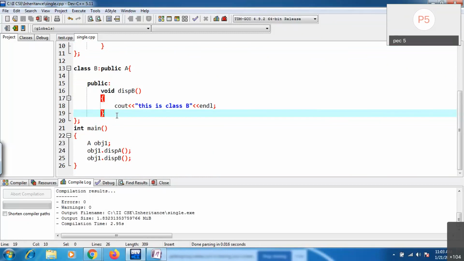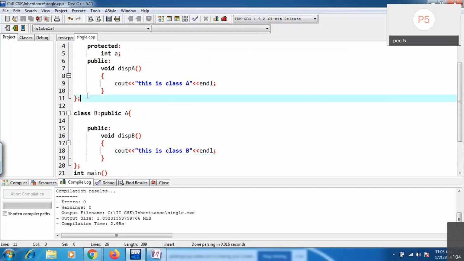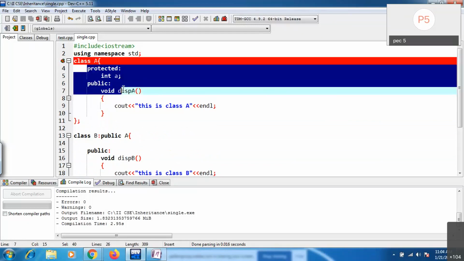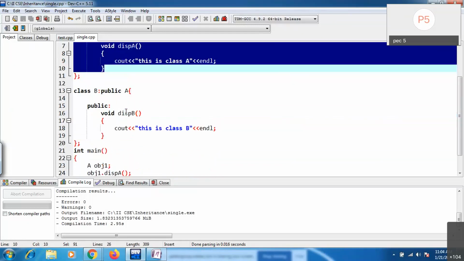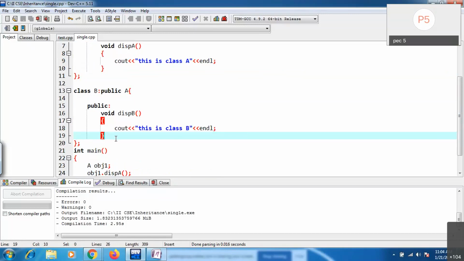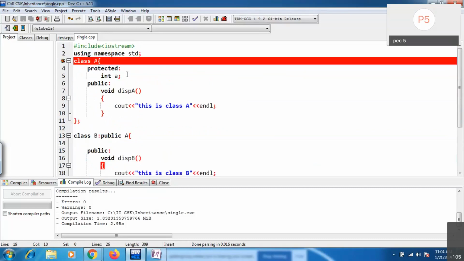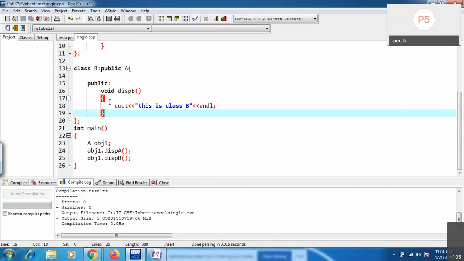No, it is not possible because you have created an object for only A. Inside A you have only these members, and these can be accessed. Then how can you access B class members? B class members are not available inside A, but A class members are available inside B. For that, the note is: we will always create objects for derived classes only. With the derived class, you can access both base class members as well as derived class members.